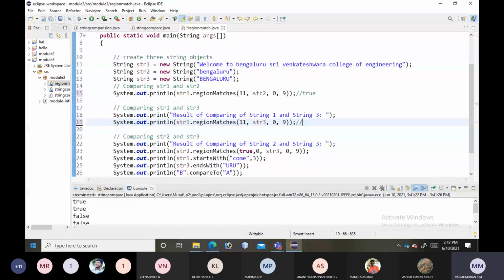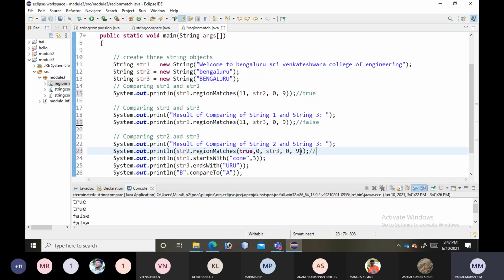Why false? Uppercase letters. Because here it is uppercase letter, whereas here it is lowercase letters. So here it is false. Okay. Now, what is the output of this particular line? True.